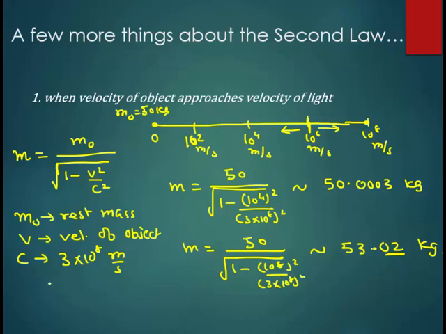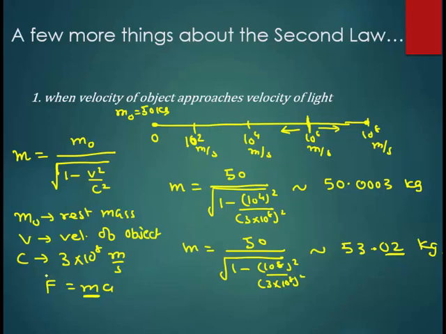So if I am going to use the equation F is equal to ma, the second law of motion, for this object, I can use it only below velocities of 10 raised to 6 meters per second, because below 10 raised to 6 the mass remains constant, and we know that in this law mass is a constant. Beyond 10 raised to 6 the mass is not constant, it keeps on changing as the velocity keeps on increasing,